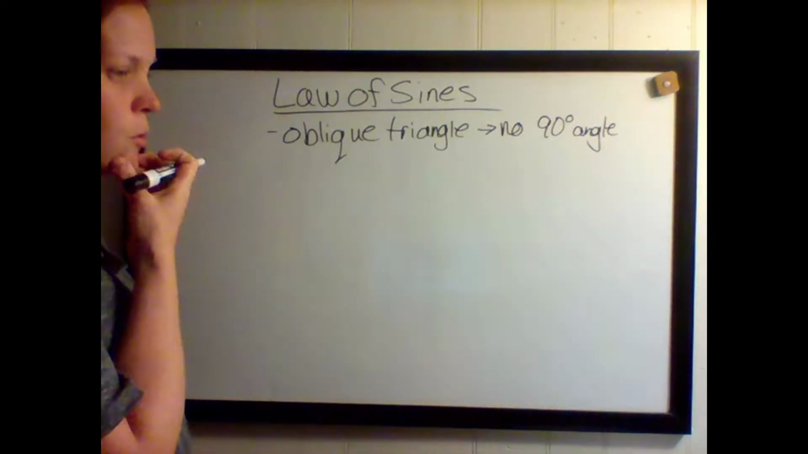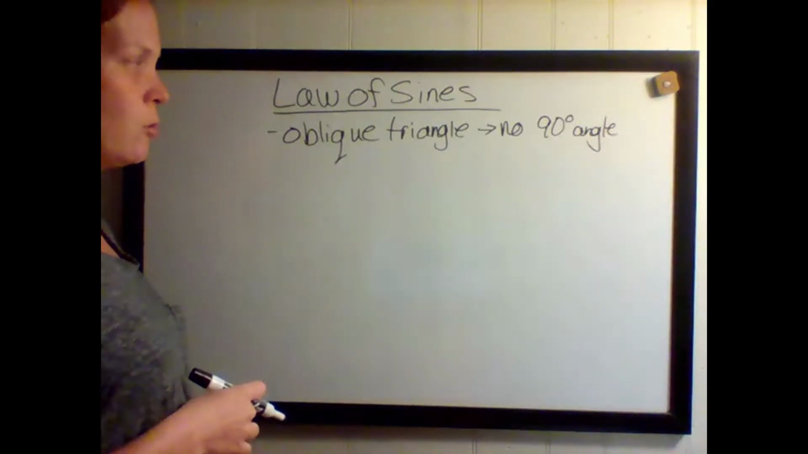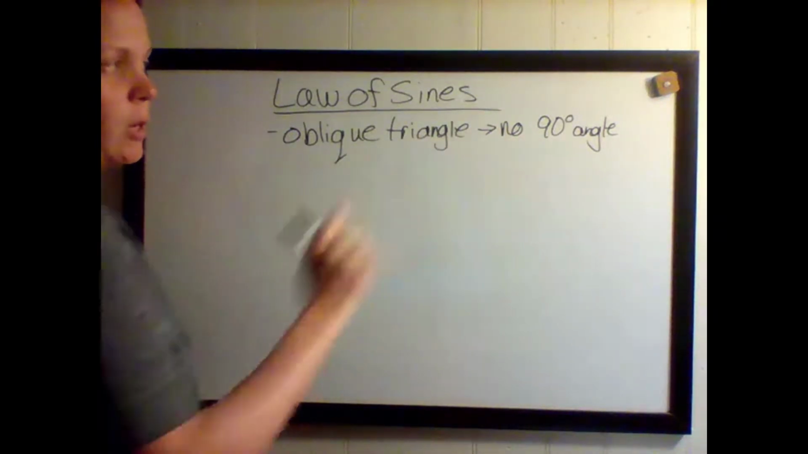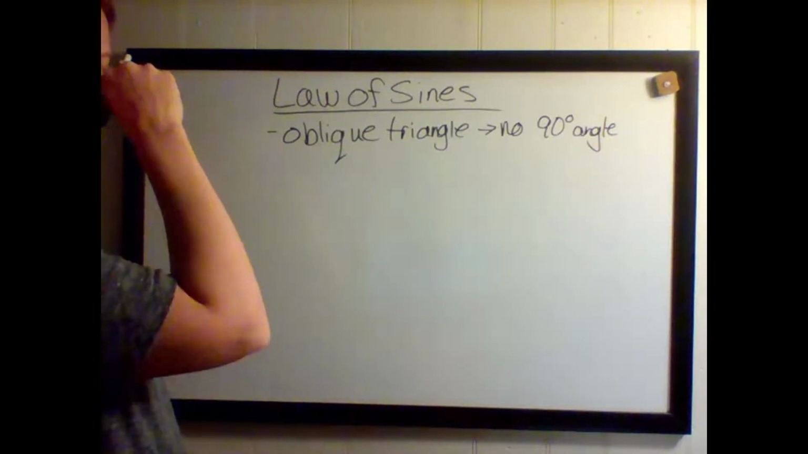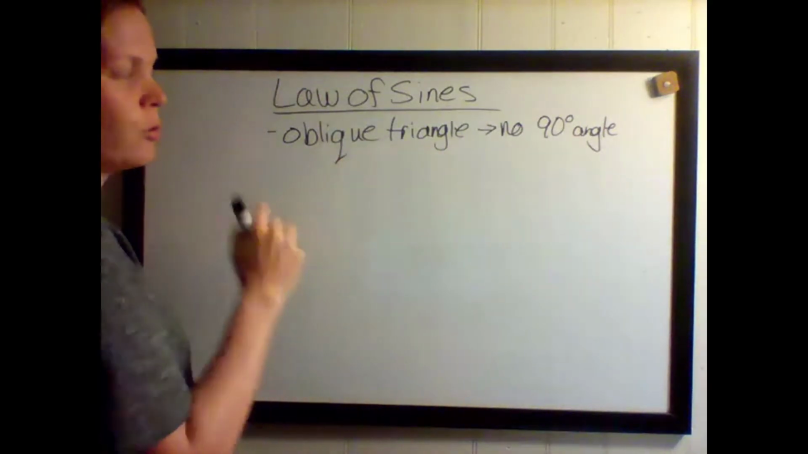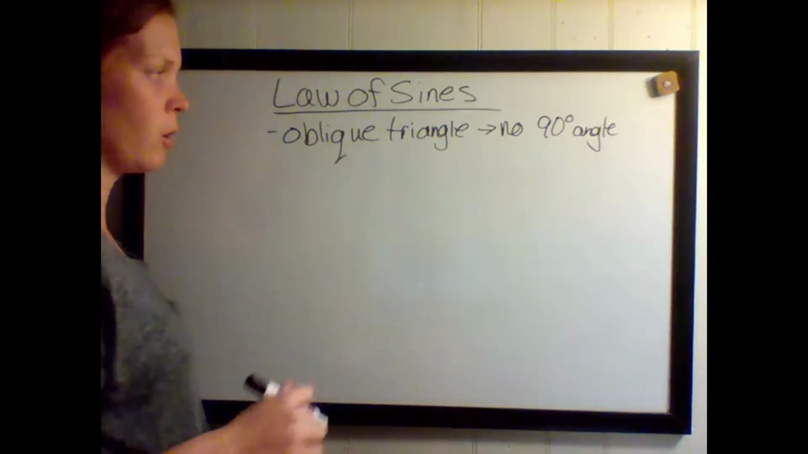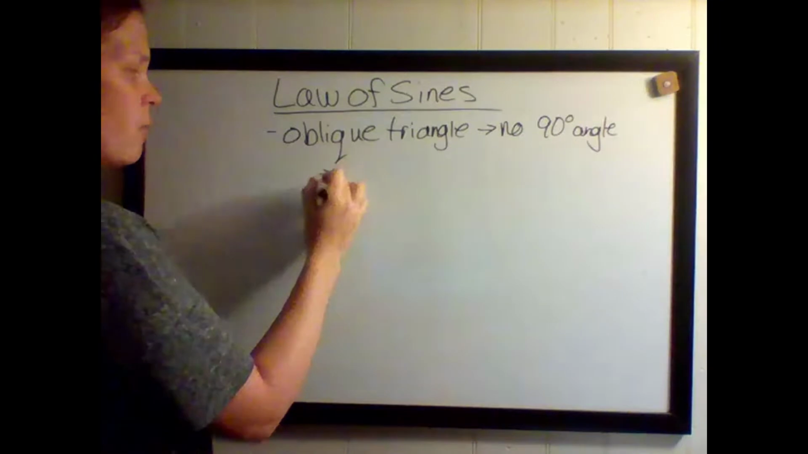And we can use SOHCAHTOA, sine is opposite over hypotenuse, those rules. But when we don't have a 90-degree angle, we cannot use the SOHCAHTOA formulas or equations. So we need to use new ones for oblique triangles. So no 90-degree. So what that means, we could have either,